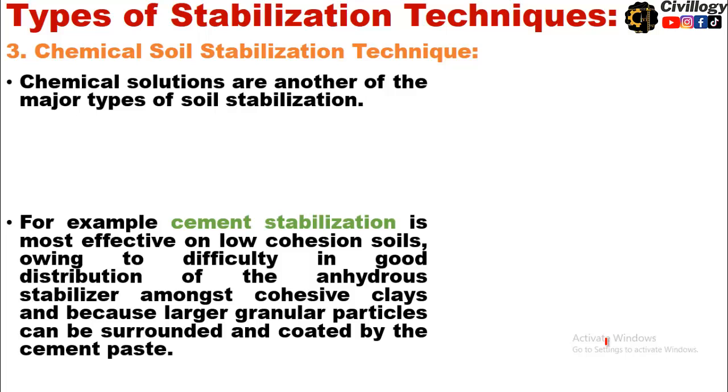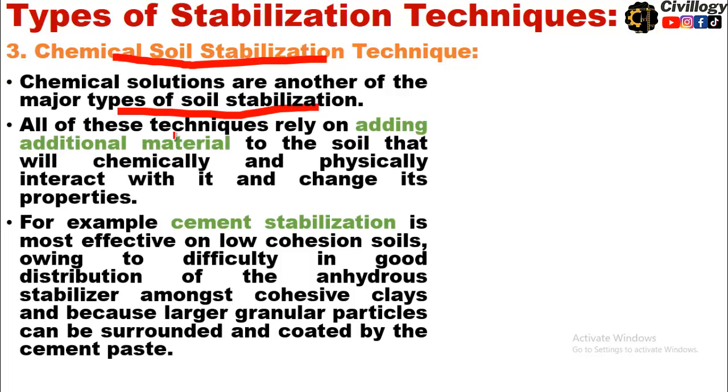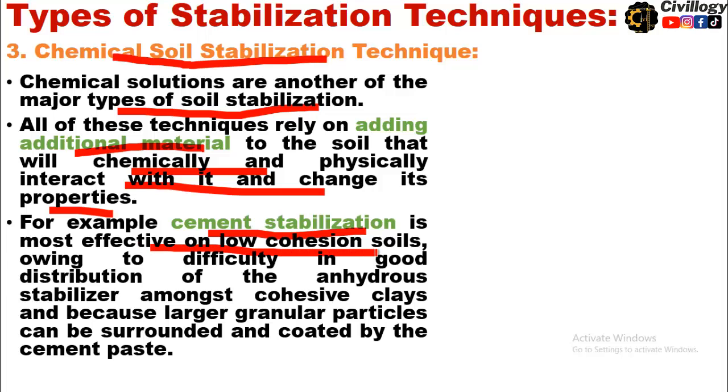Then there comes the chemical soil stabilization technique. This is the third type of technique. Chemical solutions are another of the major types of soil stabilization. All these techniques rely on adding additional materials. Chemical stabilization involves the addition of other materials to the soil that will chemically and physically interact with it and change its properties. For example, cement stabilization is most effective on low cohesive soils owing to difficulty in good distribution